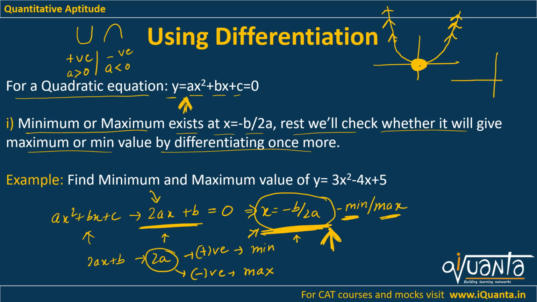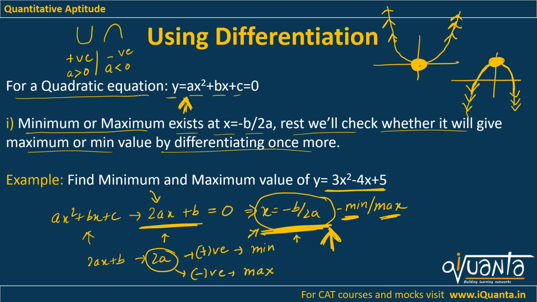Similarly, if you get the graph of a quadratic equation as a parabola opening downwards, then it can keep going downwards, right? For such a quadratic equation, the minimum value will not be defined because it is going downwards. So its minimum value will be minus infinity, but it will definitely have a maximum at this point. So that is what I'm trying to make you understand. Let's try to solve an example based upon the same.